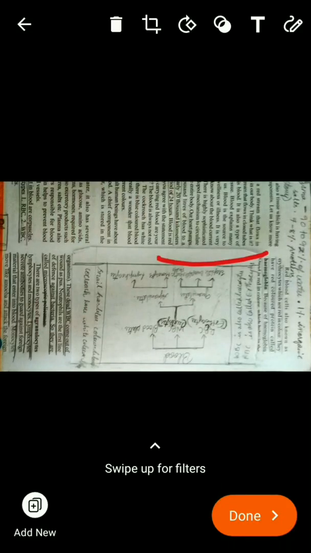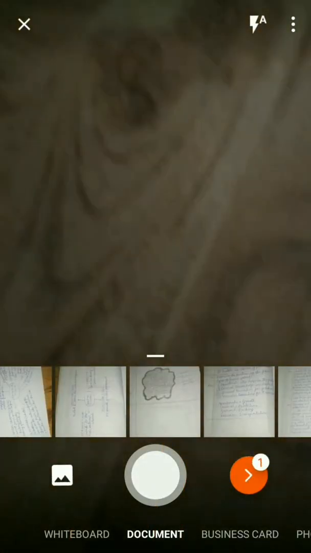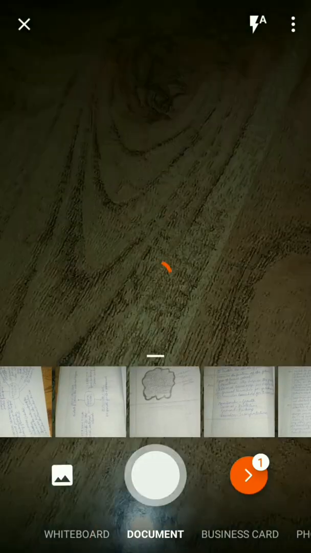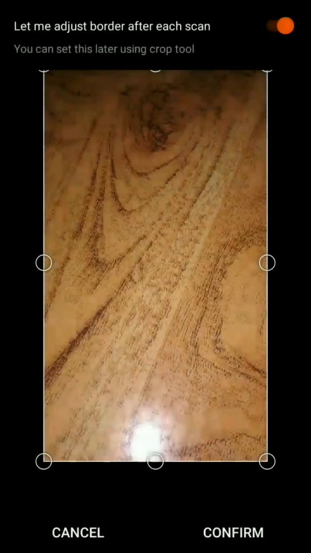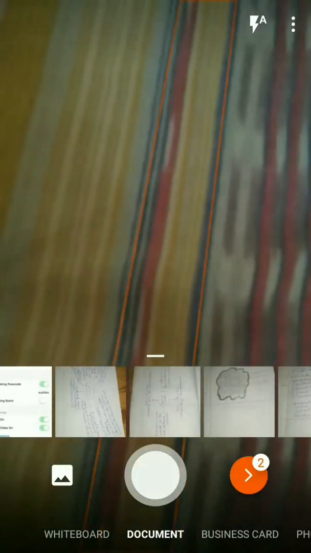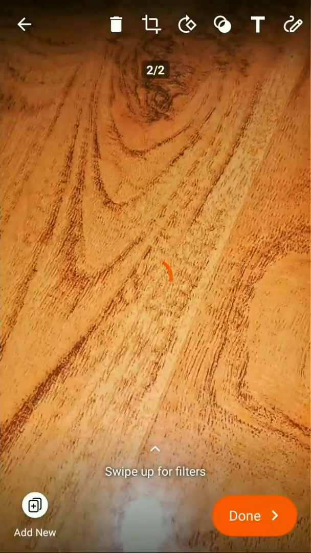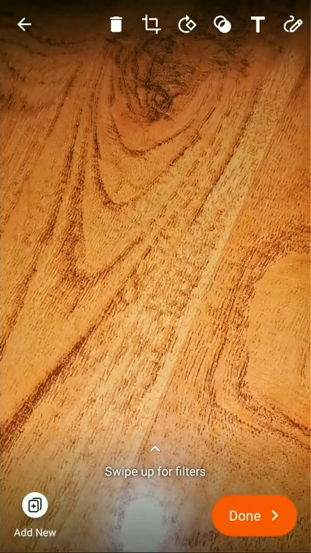Now I'll show you by adding another photo. Okay, I have added this photo. Then confirm everything, and then press this side arrow so that it shows you have confirmed to move forward, and then press done.